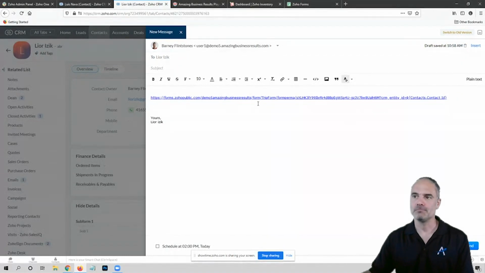Okay. Then the workaround is to make it look like your website and possibly put a link there that they can go to, or you make a redirect to your website after filling out the form. Yes, so the thank you page can be a thank you page on your website.